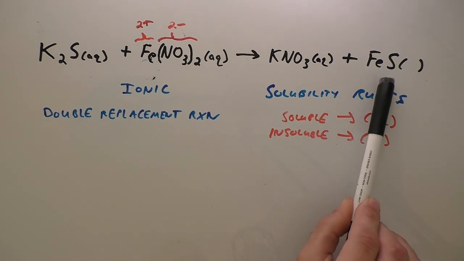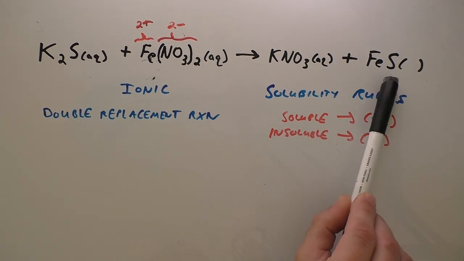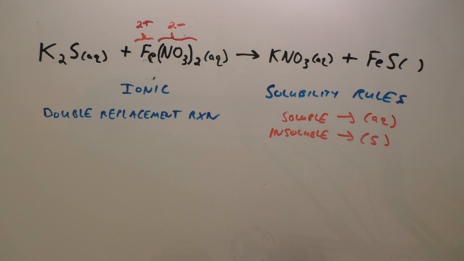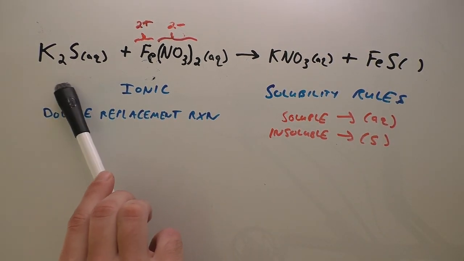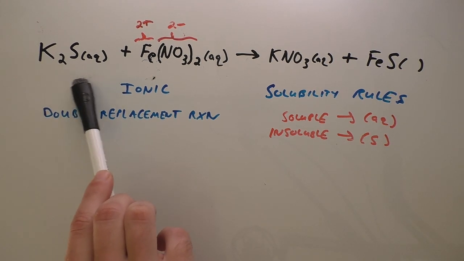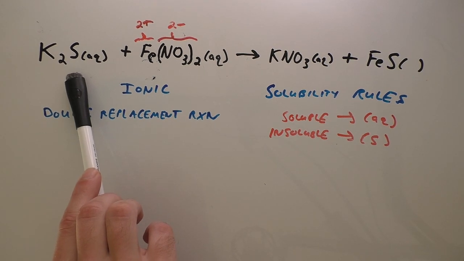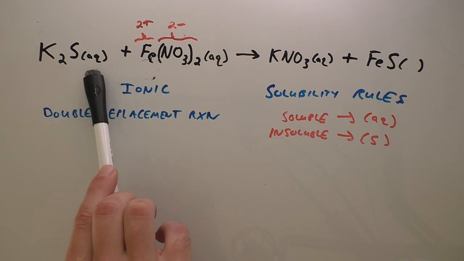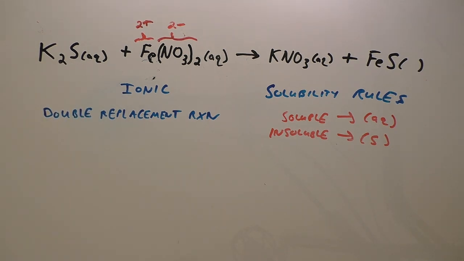Now the iron sulfide, or the ferrous sulfide, that's a little bit less straightforward. So if we look at the sulfide ion, if we just take a look back at the reactants, we know that the sulfide ion has, in the reactants, formed a compound that is soluble, right? Because here we have the sulfide ion in potassium sulfide, and it's aqueous. So we know that sulfide is capable of forming compounds with some cations that the compound ends up being soluble